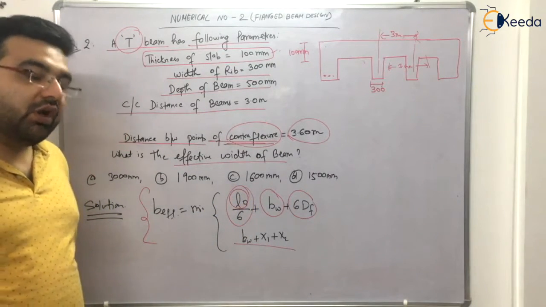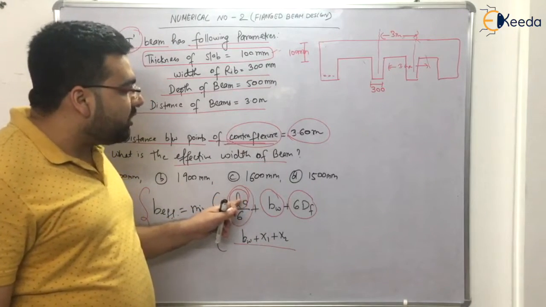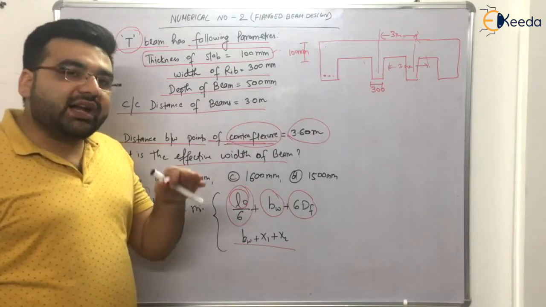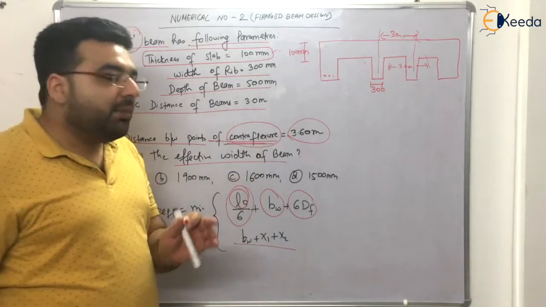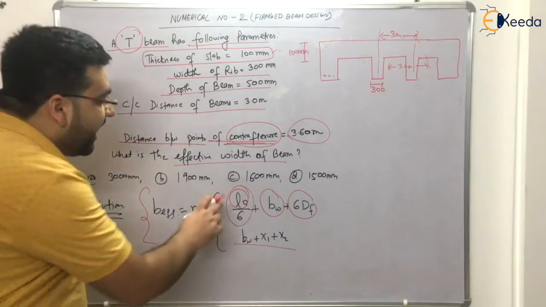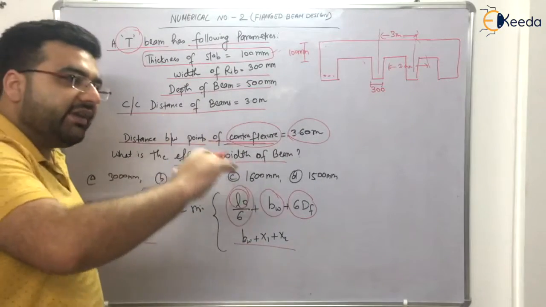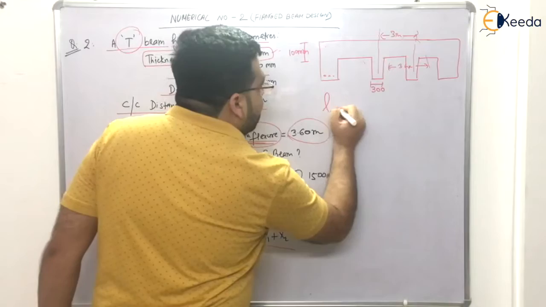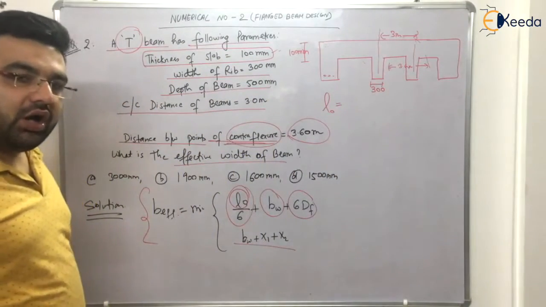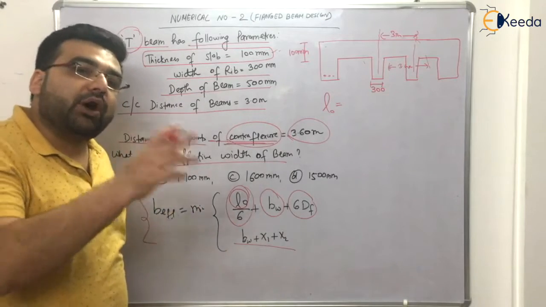I have already told you that L0 is the effective span in case of a simply supported beam, and it is equal to 0.7 L0 in case of a continuous beam. But I forgot to mention that in structures where you have a slab and beams, L0 is basically the distance between the points where the moment is 0, that is known as the points of contraflexion.